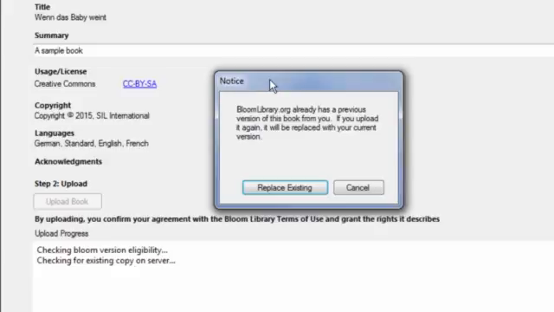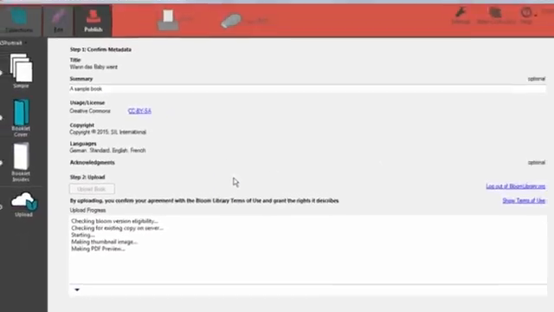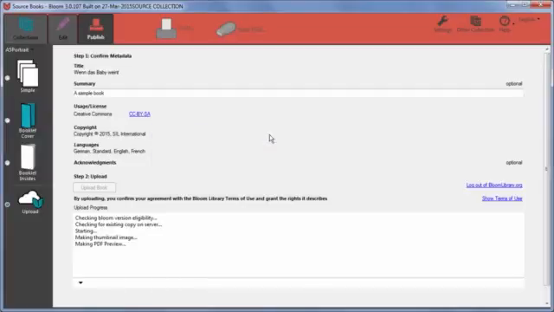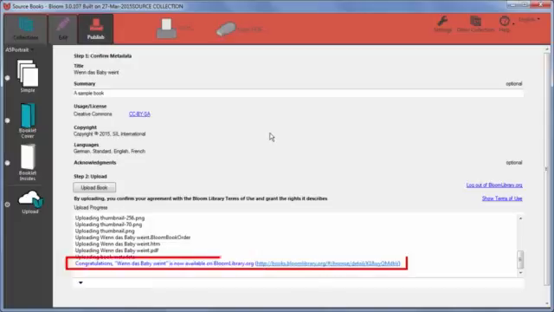When you say yes, replace existing, the newer book is uploaded to the Bloom library and replaces the older copy. So now an updated version of the book is available for others to download from the Bloom library.